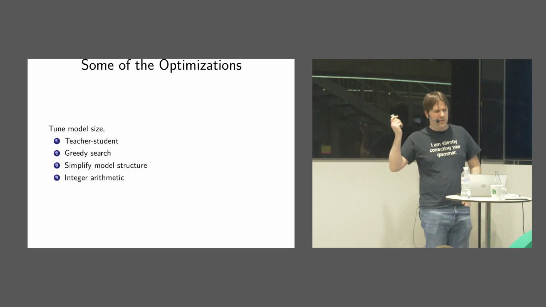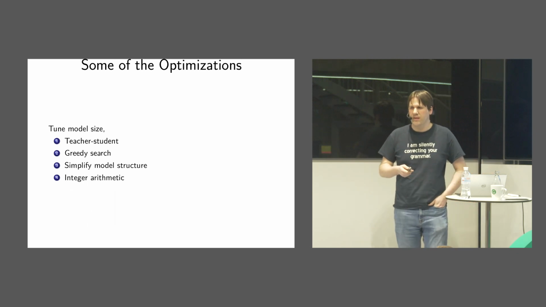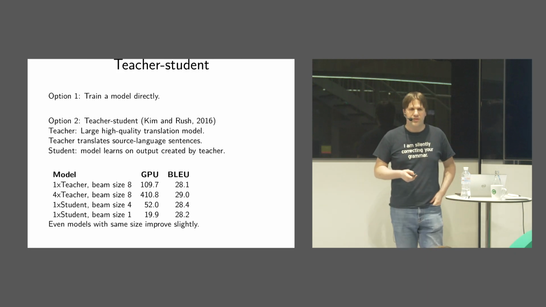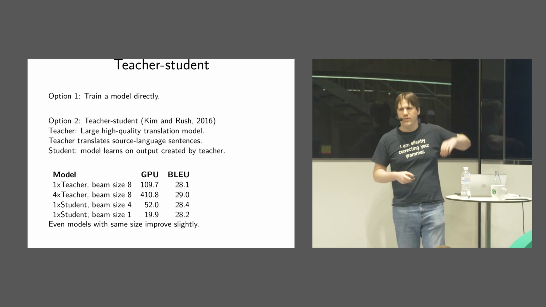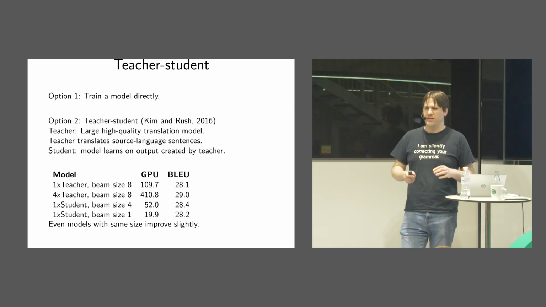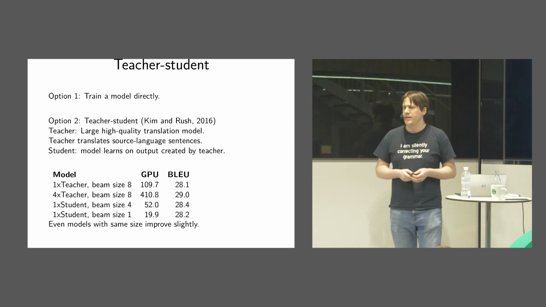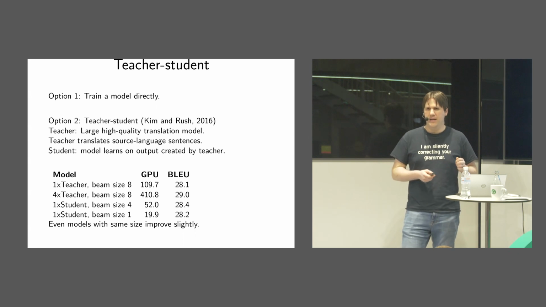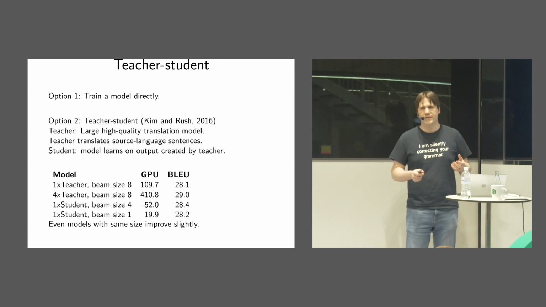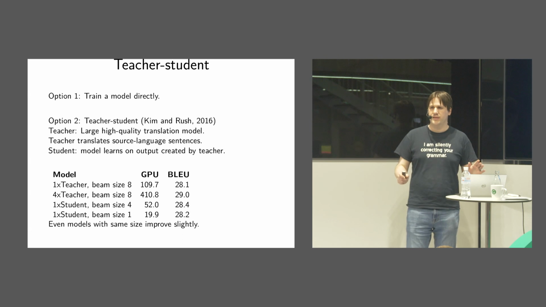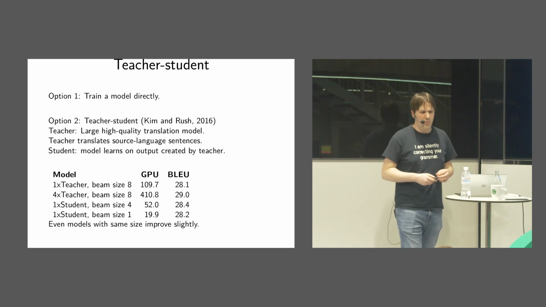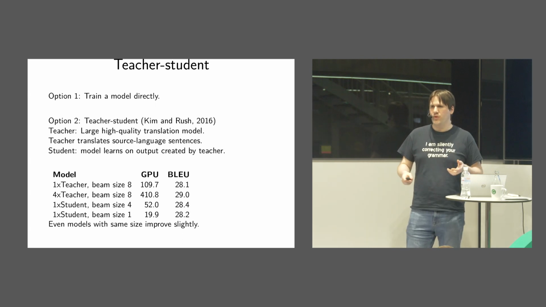And then I'll talk through each of these points about things we did in collaboration with Microsoft to make performance better. The first one is teacher-student training. This is not a new idea, Kim and Rush 2016. The idea, though, is you train a high-quality translation system, a really expensive one, and then you use that to translate data in your source language to the target language. So now you have a corpus of legitimate source language text and kind of weird translation output in the target language. And what that does is, in a sense, smooth out the data.